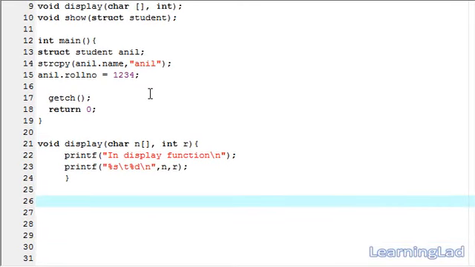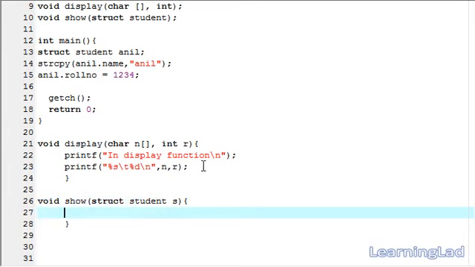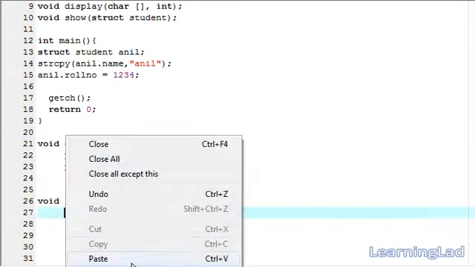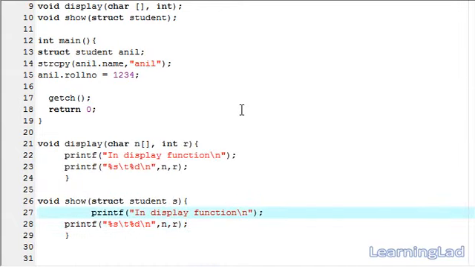It's going to be void show, and as a parameter this show function is going to take the structure variable, so it's going to be struct student, let's call it s. Now we're going to use two printf statements. I'm going to copy from the display function and paste it here. Here we're going to say "in show function",